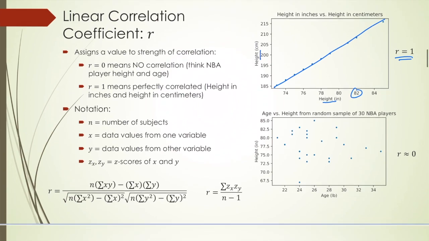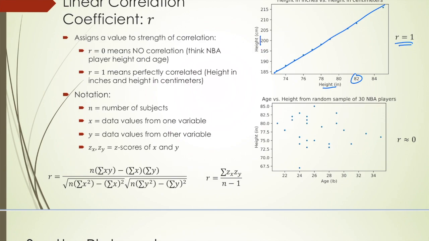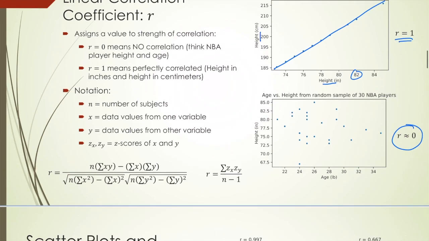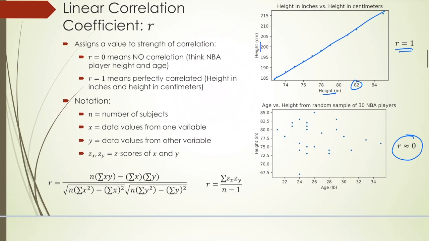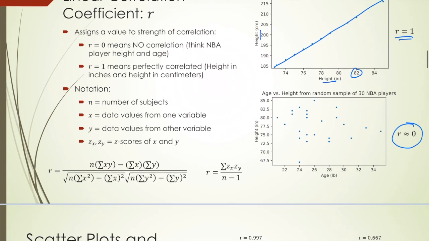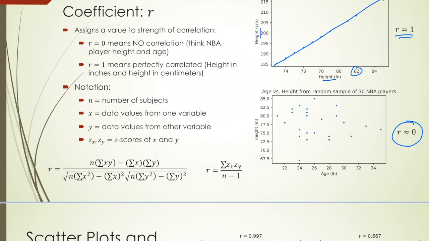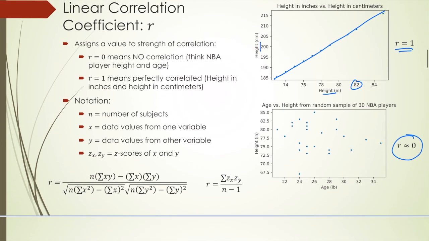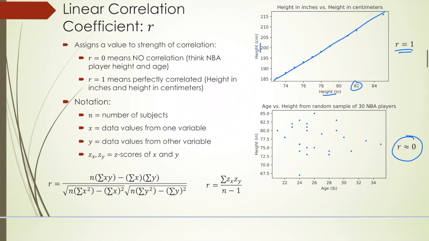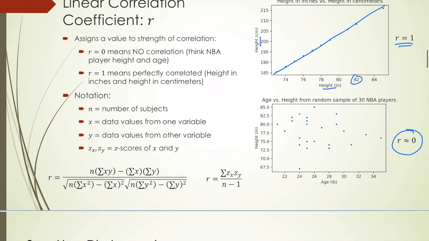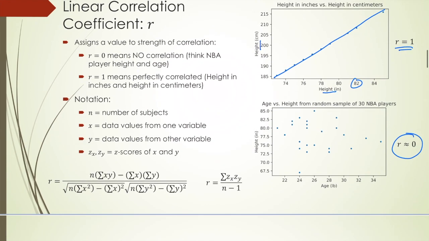On the other hand, when there's no correlation, such as age and height, the R value is going to be close to 0. Okay, now for some notation. So this is our way of quantifying this correlation. R is a way of quantifying linear correlation. And so just to remember, that's what statistics attempts to do, is quantify what's very difficult to quantify, and tries to do so in a principled, meaningful way,